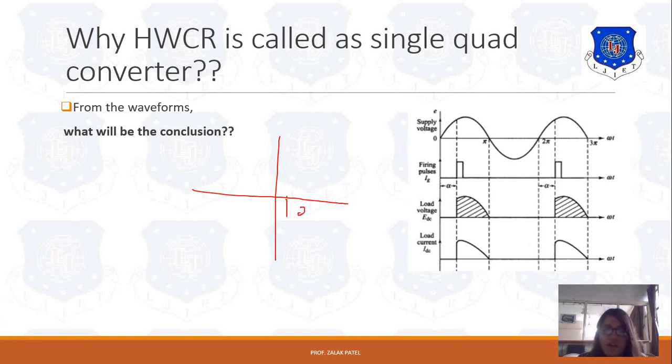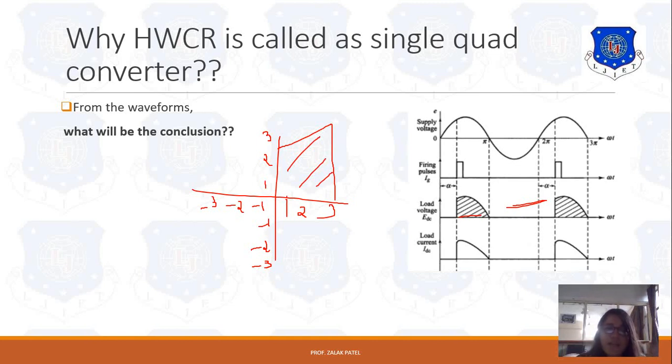So positive values are over here: 1, 2, 3. Again, for this quadrant, 1, 2 and 3 will be here. Again, if we talk about the third quadrant, then it will be -1, -2 and -3 over here. And again, in the fourth quadrant, -1, -2 and -3 will be here. So now here only positive and zero values will be here. So it is possible only in this first quadrant.